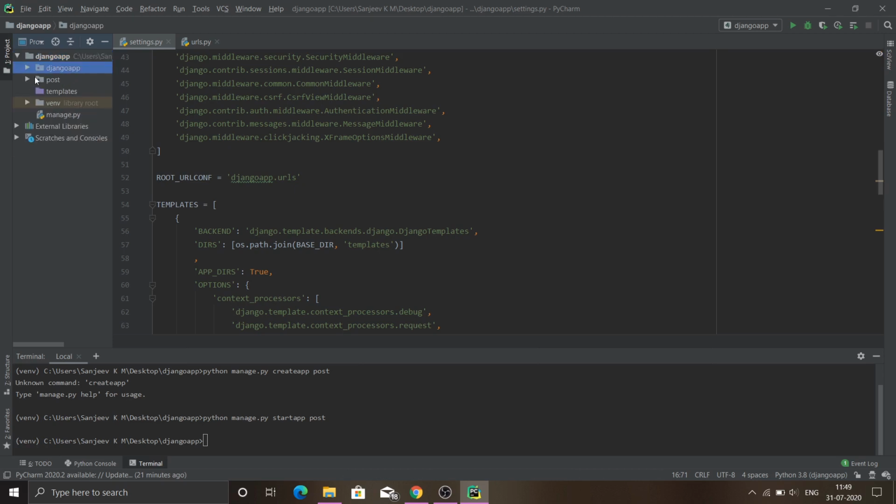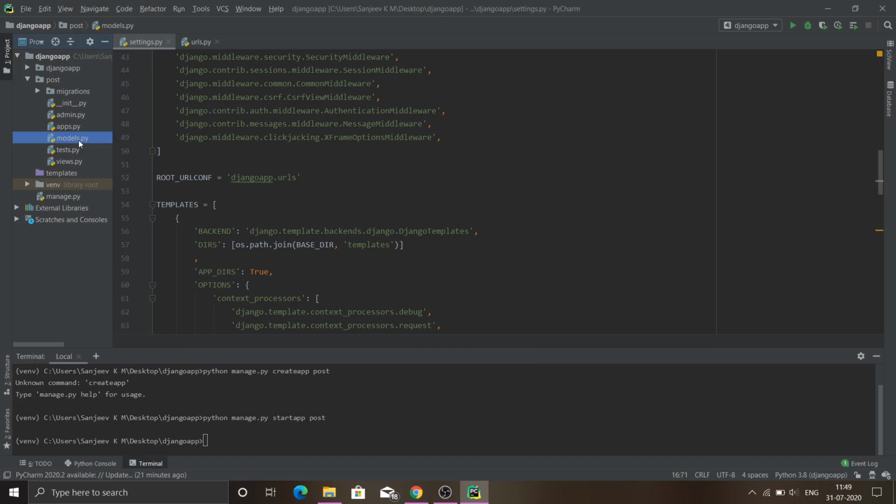As you can see, it's showing another directory with the name post. These are all the files that are included with this post application. We are going to work with all these files in a second. For now, we are going to concentrate on this models.py file.